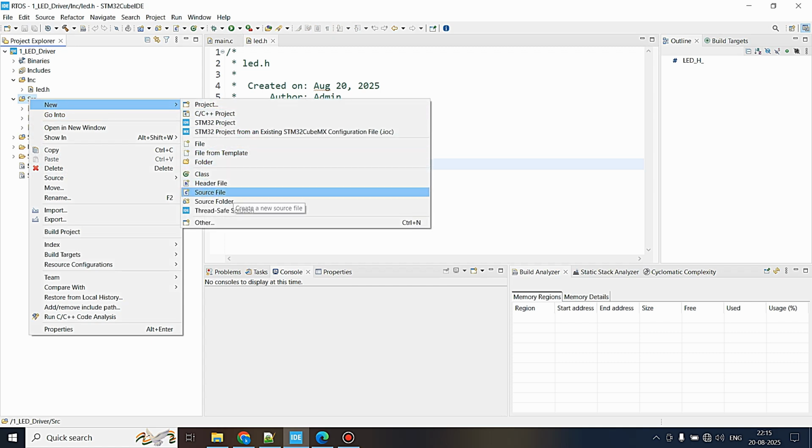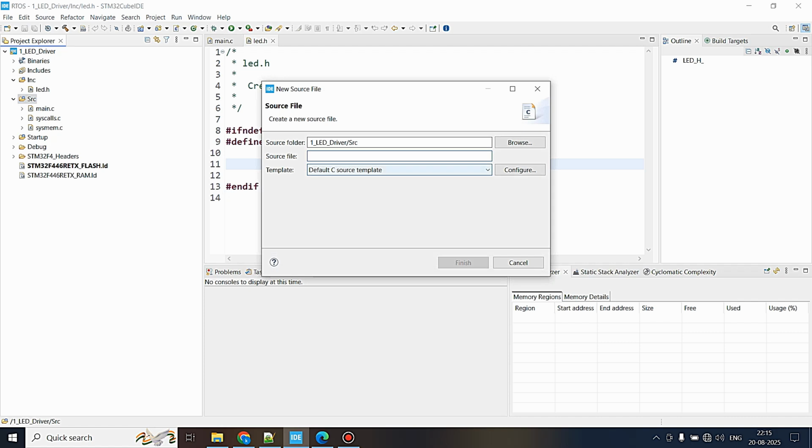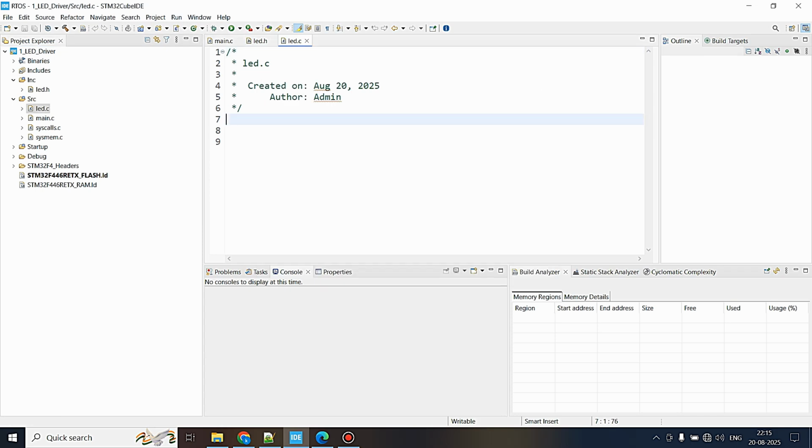I am going to right click, new source file, and this will be led.c, and in this led.c I am going to include the led.h header file, and inside the